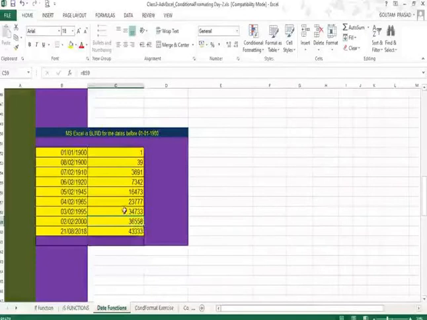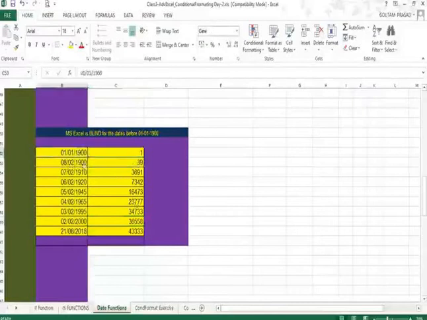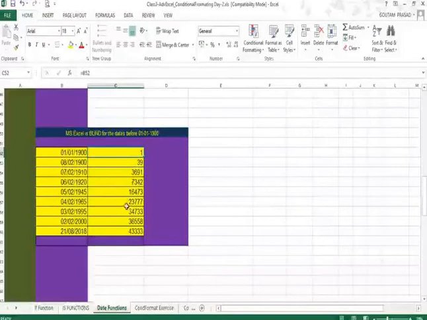Similarly, as you go towards 1900, like 8th of February 1900 is equivalent to 39. Similarly, 1st of January 1900 is equivalent to 1. That means the Excel date starts from 1st of January 1900, and before this date your Excel will not be able to understand if it is a date.